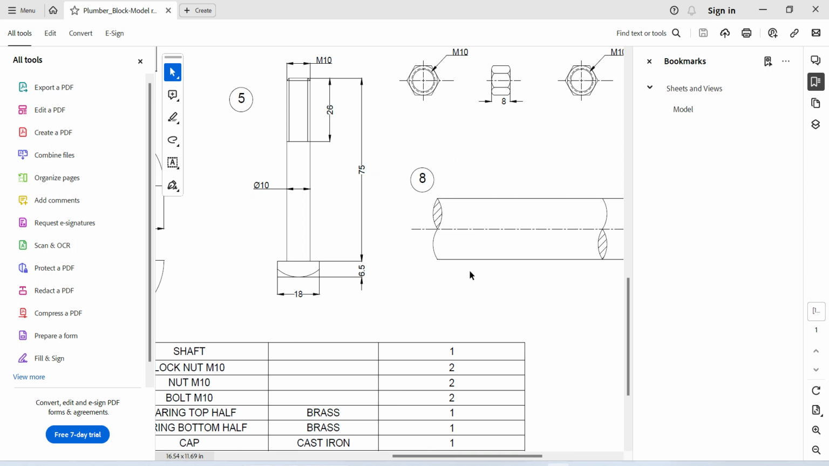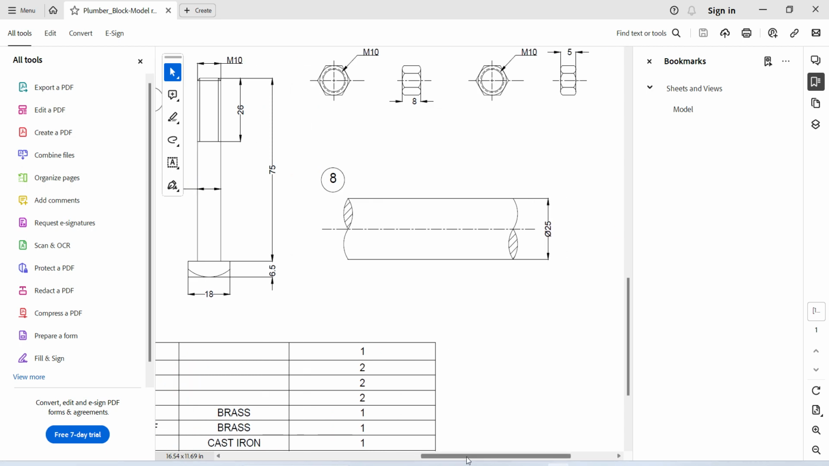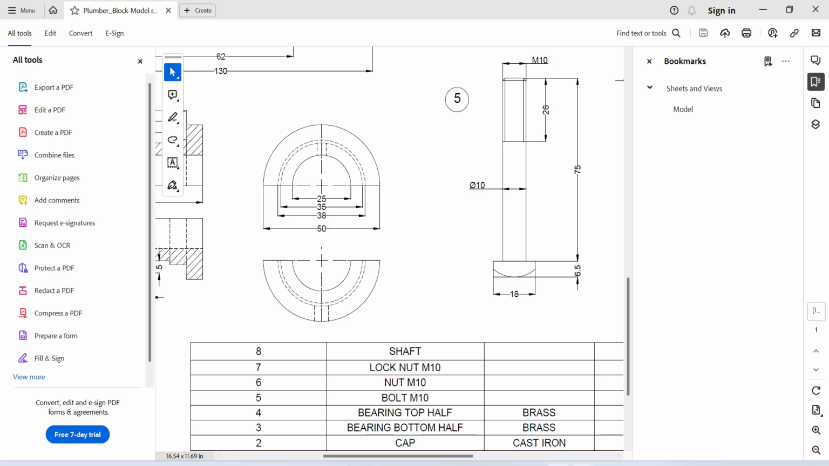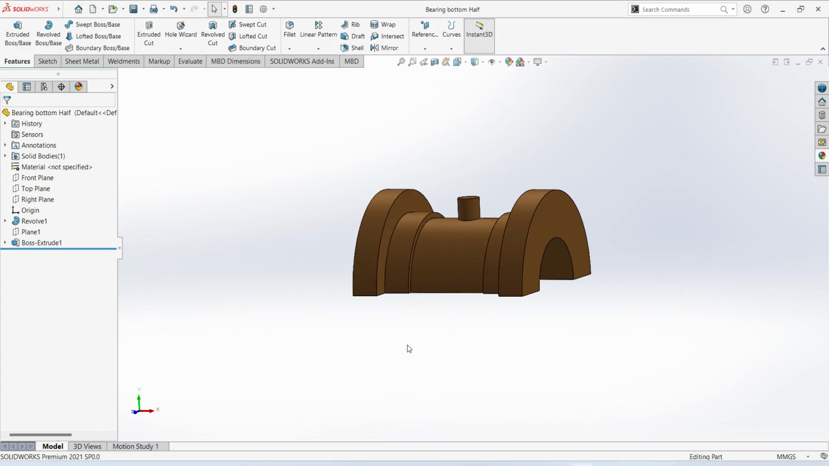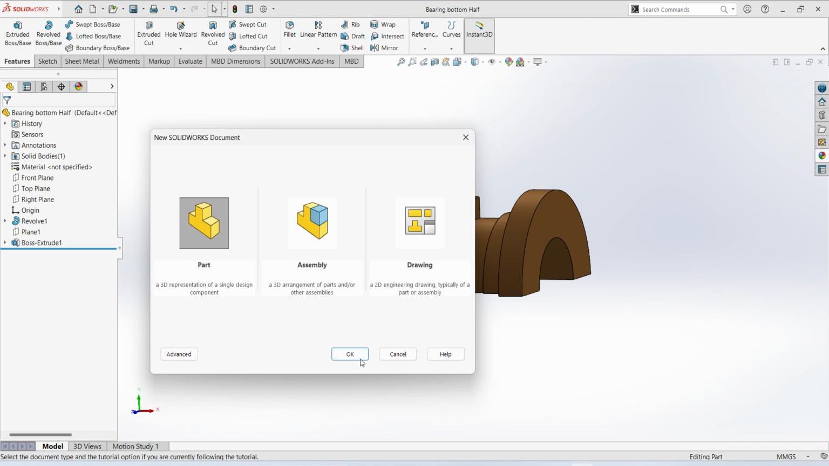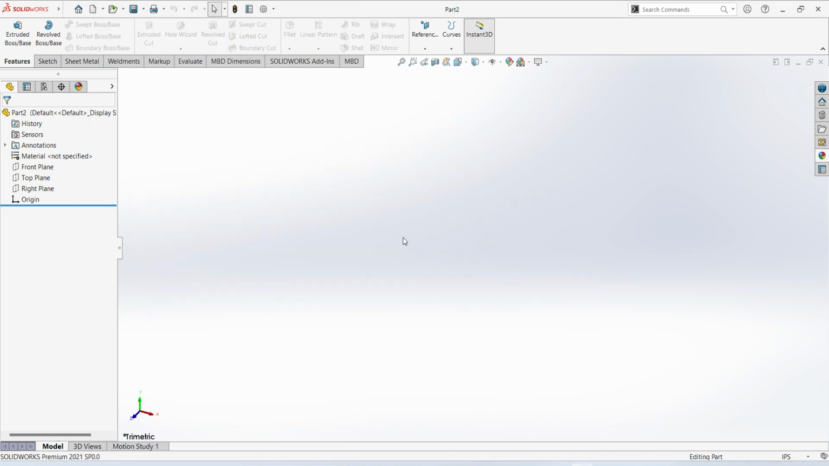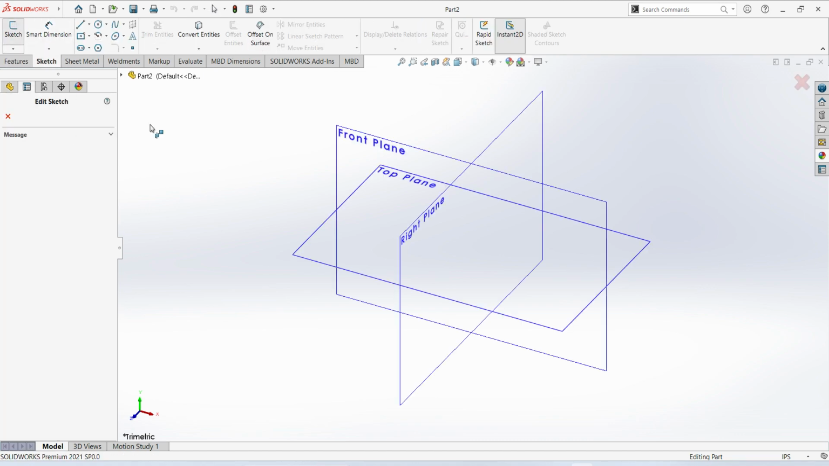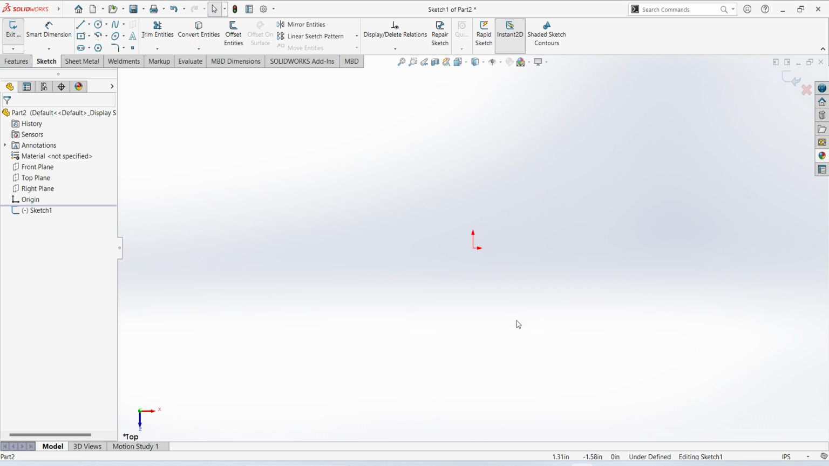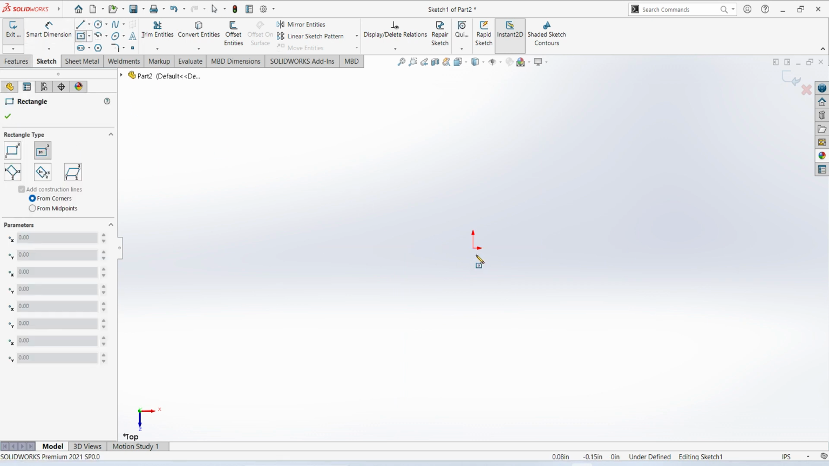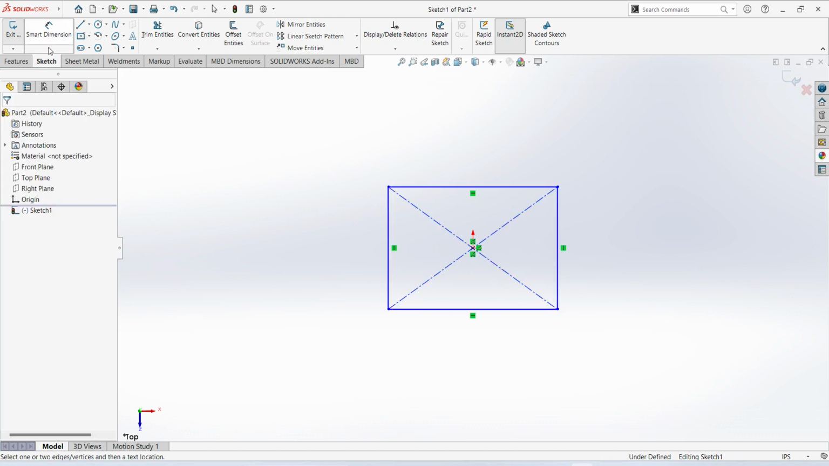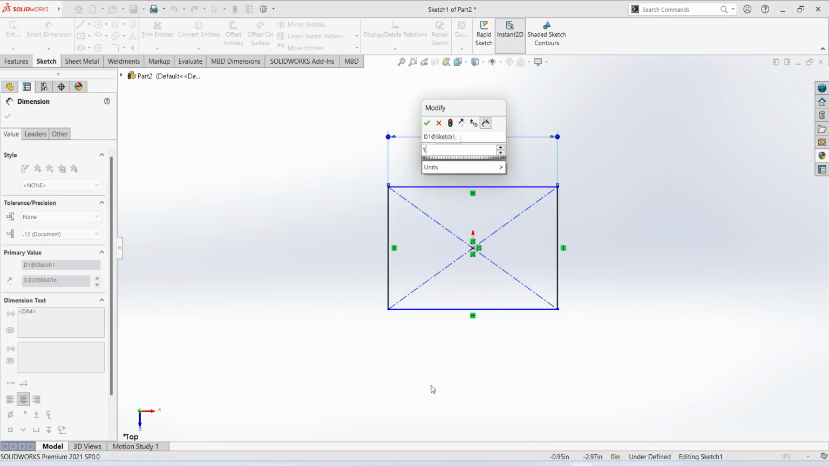So another 2 parts are there, that is the square head bolt and nuts, nut and lock nut, and also shaft is there. First I will prepare a square head bolt. Control N, OK. Select sketch, select top plane, select center rectangle. So square head bolt dimension is 18